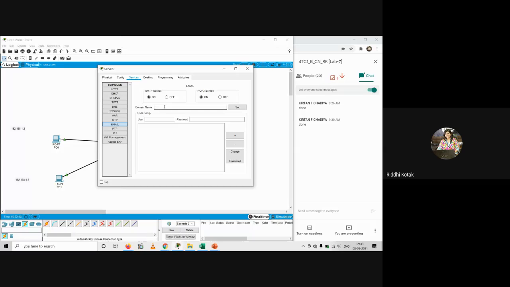So whenever you have to create a server for your organization, first you have to give the domain name. So you can take any for your practice over here. I am taking mu.com. Now over here we have taken 3 PCs, right? So we have to set username and password for that. For your easy understanding, username will be like PC0. Password, you can set any password. I am taking 123. So first enter these three values, mu.com, PC0 and 123.